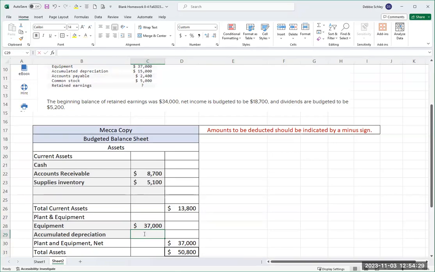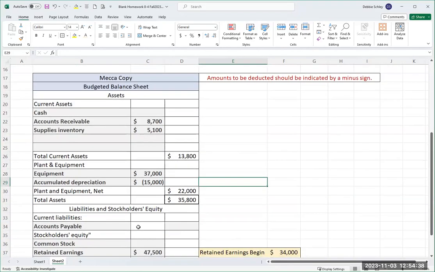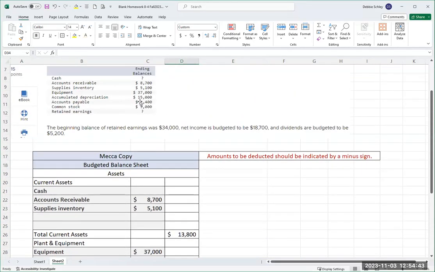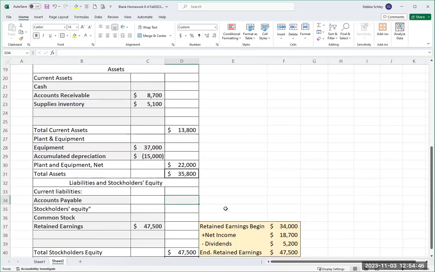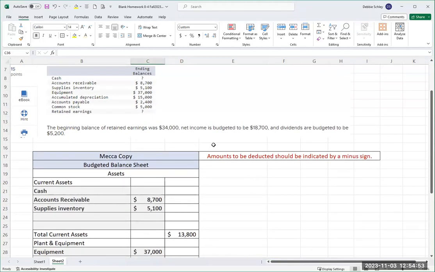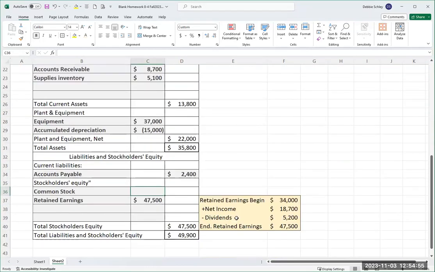But remember, I want to put that in as a negative 15,000 so that it is subtracted from my equipment because it's a contra account. Accounts payable was 2,400. And then common stock is 5,000. Now, because I already figured out retained earnings,